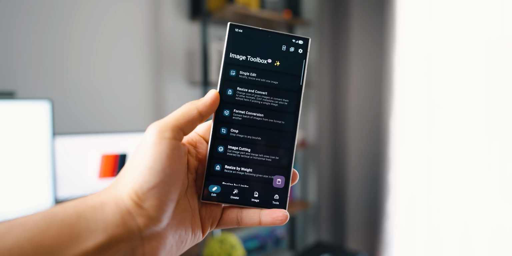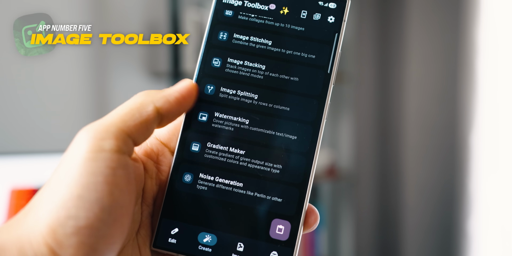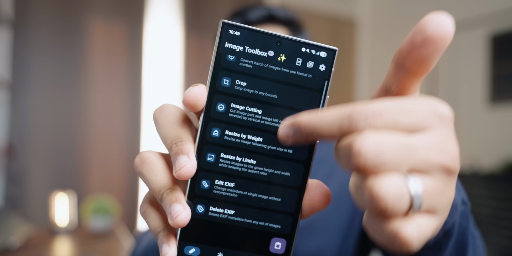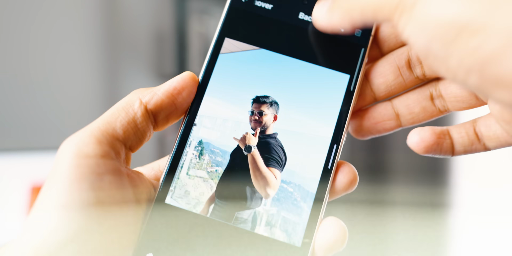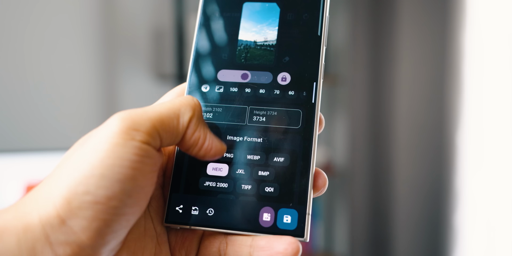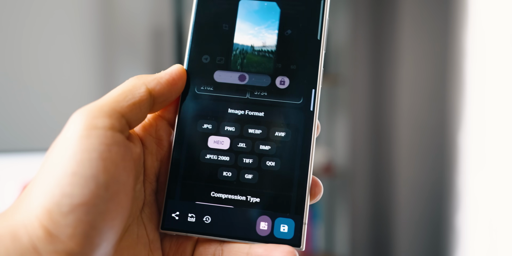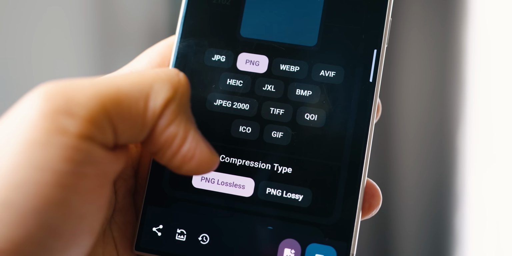Moving on guys, we have an all-in-one toolbox tool for all your photos called Image Toolbox. And you can let me know in the comments below if you have ever seen an application that has these many tools for all your photo editing needs. Everything from editing tools to creating tools that let you remove the background of photos to different image tools where you can convert any image format to any other image format, like turning a JPEG to a PNG and vice